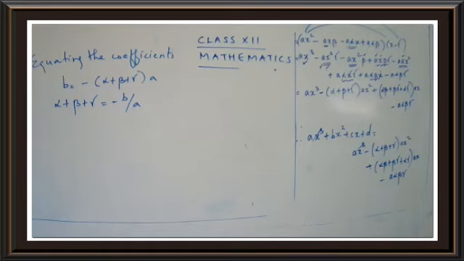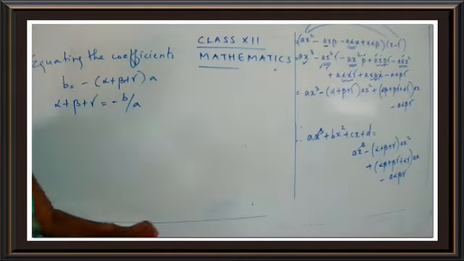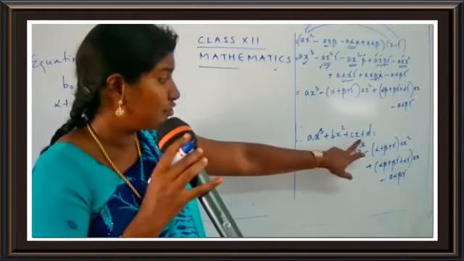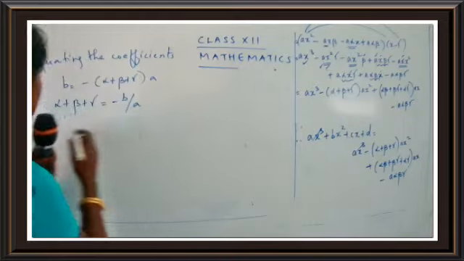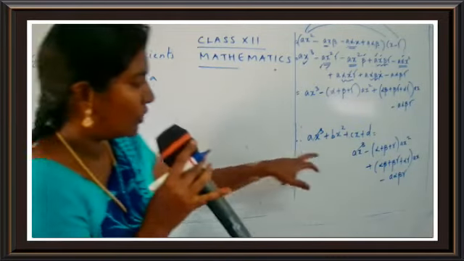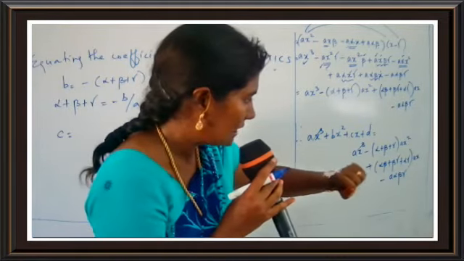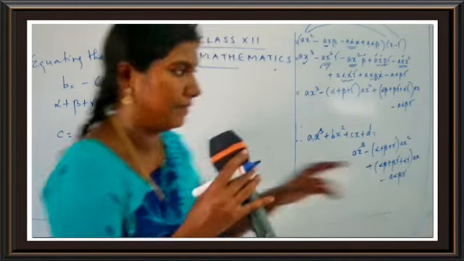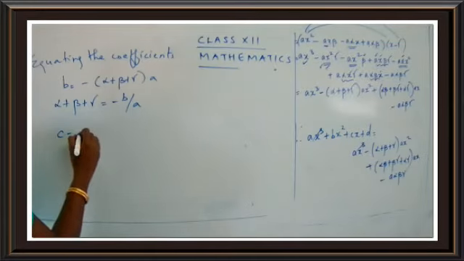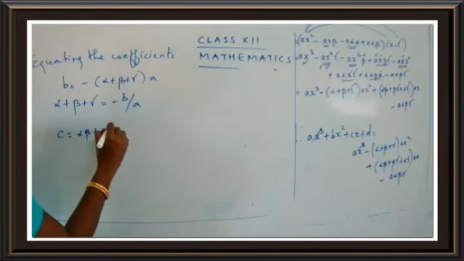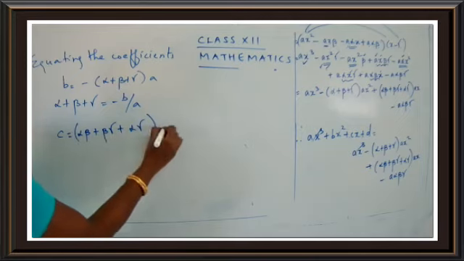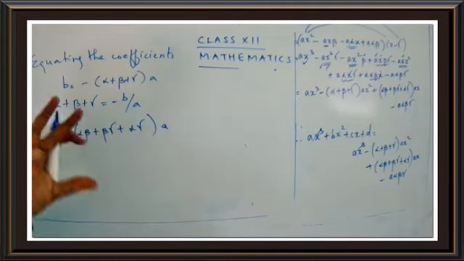Can we go directly for the next coefficient, children? Let us find the next values directly. Okay, let us go for the next term. Now I am going to go for the x term. What is the coefficient for x? C. Okay, I'll write here C is equal to. What is the coefficient for x here? Yes, it's alpha beta plus beta gamma plus alpha gamma. So you put here alpha beta plus beta gamma plus alpha gamma, times a. We have to write a because only the x term should not be written.